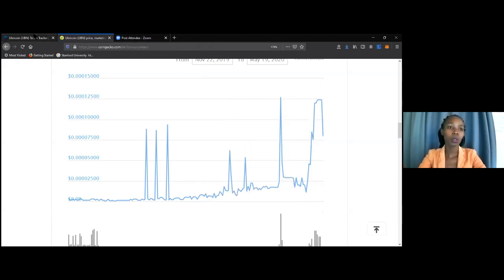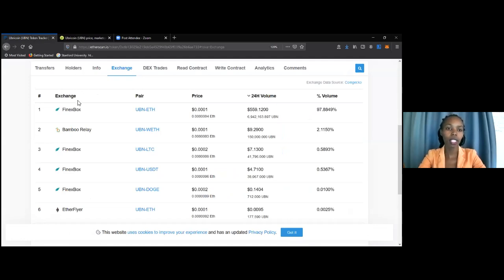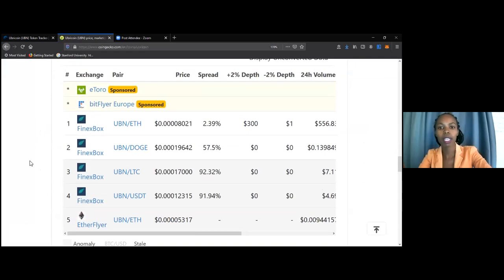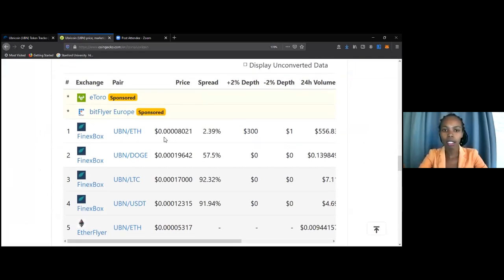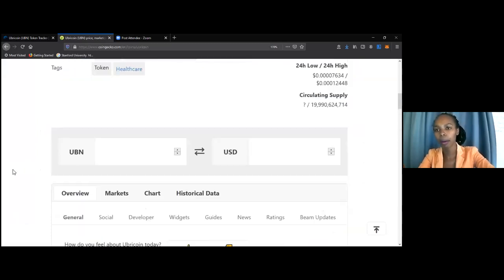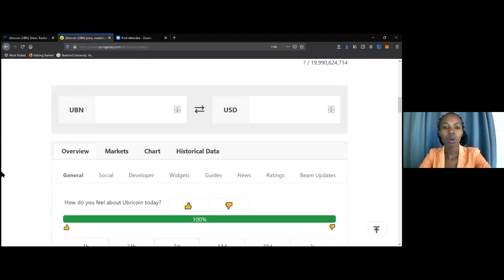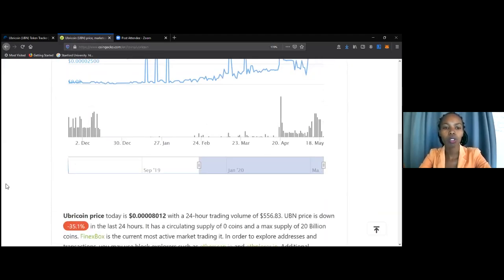We are going to go to finexbox.com, and we are going to focus on the UBN ETH market. This is the market that, if you check here, let me show you in CoinGecko, I show you what we mean. If you check this price, this is the price that is being recorded up here. So that is why I want us to focus on